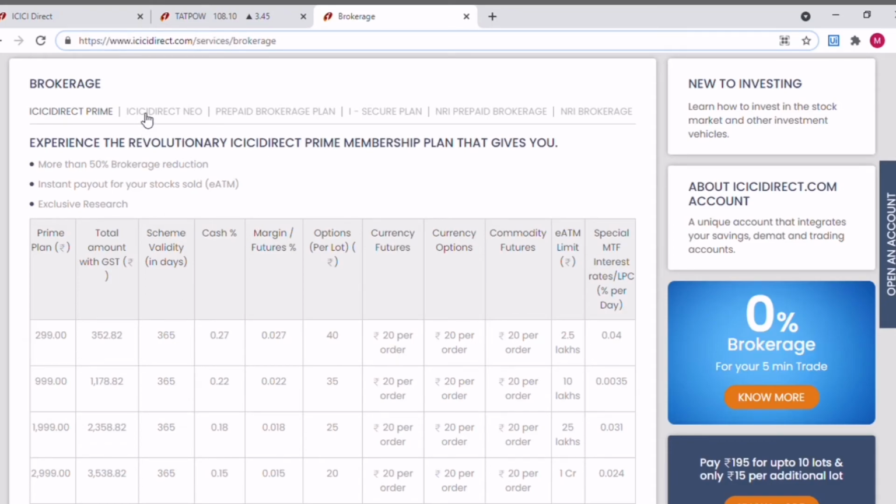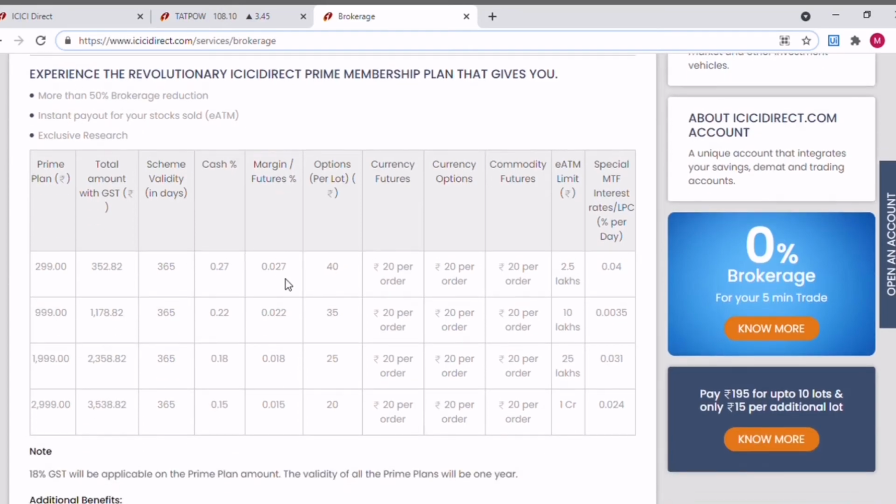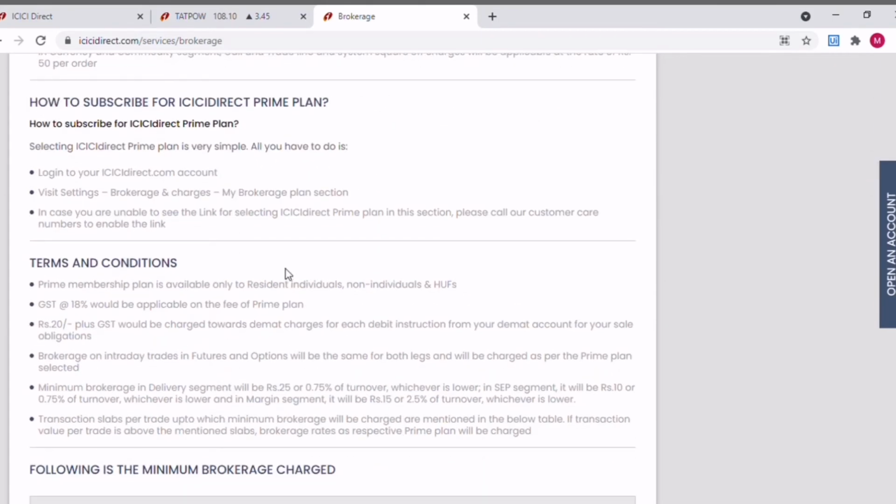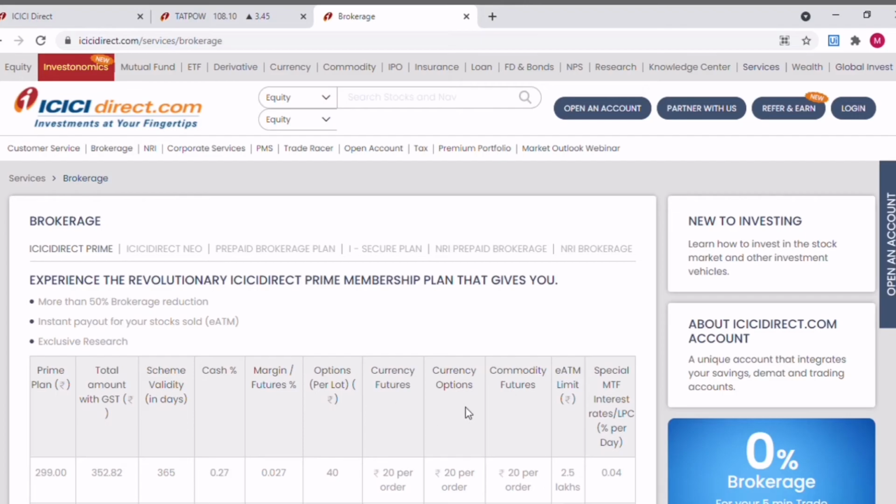As you can see, there is a Direct Prime plan, ICICI Direct Neo plan, prepaid brokerage plan, and iSecure plan. For each of these plans, the details are available here: what percentage of brokerage is being charged. You should be able to explore these details from here. I'll put this link in the description.